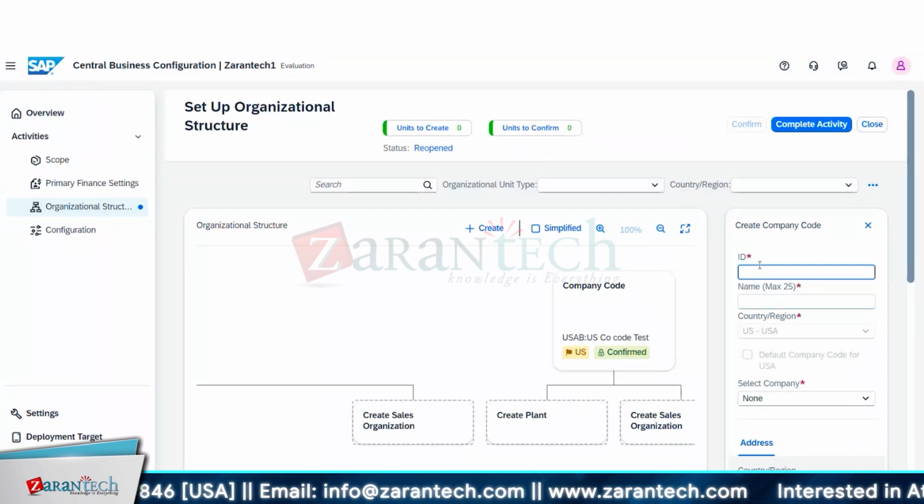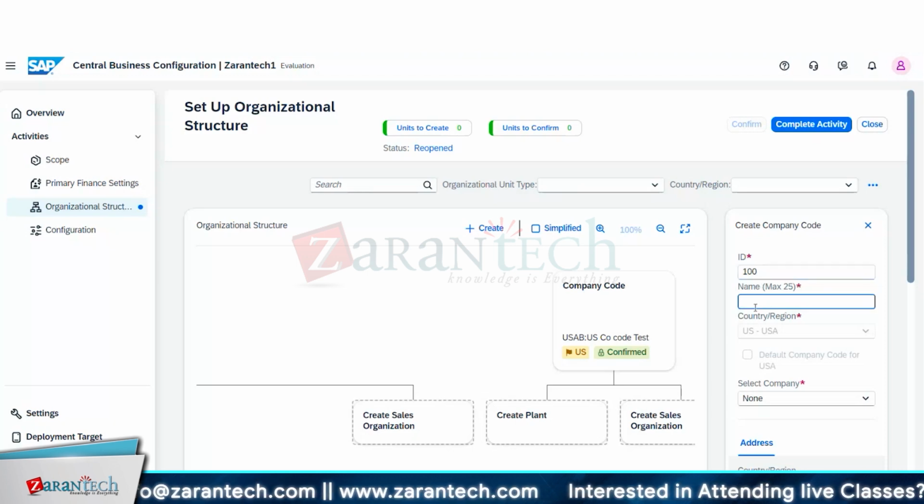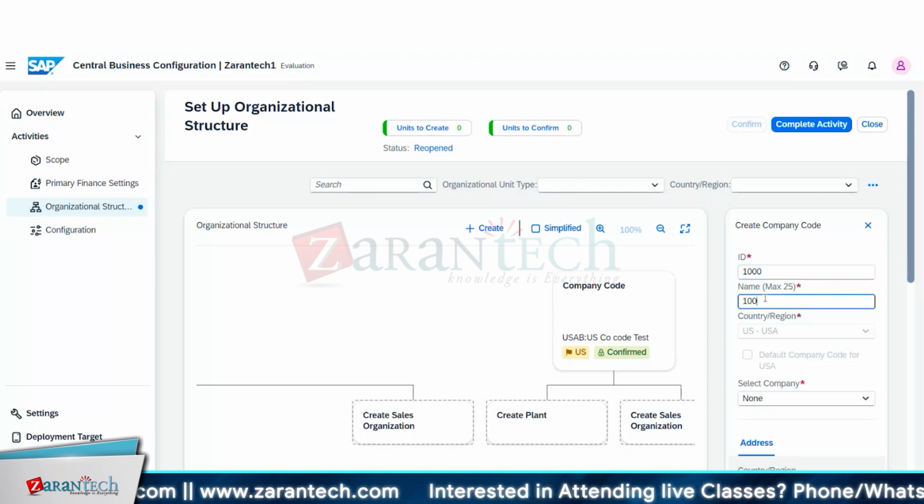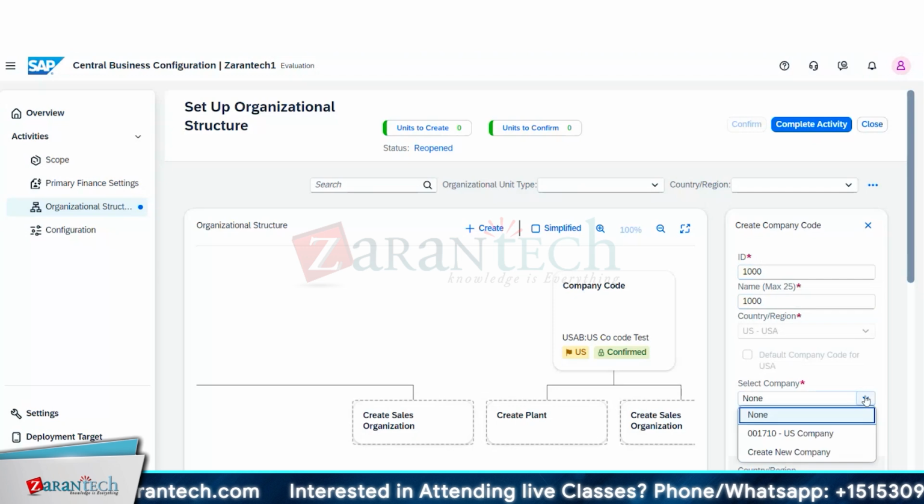Yeah, you can write it on 1000. Okay, 1000. And name also. 1000. Oh, 1000, sorry. 1000 and 1000. Country by default is selected. Company we can select, say,